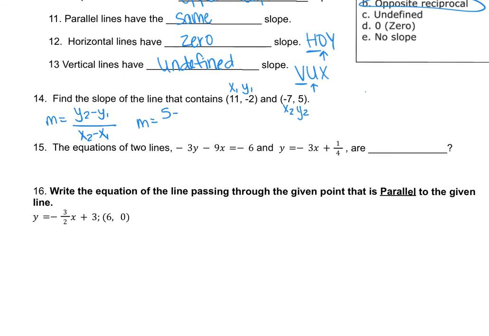minus y1, which if you look, it says -2. Now be careful here, there's a minus sign from your formula and a negative from the -2. Leave them both there. And the bottom part, x2 is -7 minus x1 is 11. Now from here, you would just go ahead and type it straight into your calculator so that you don't mess